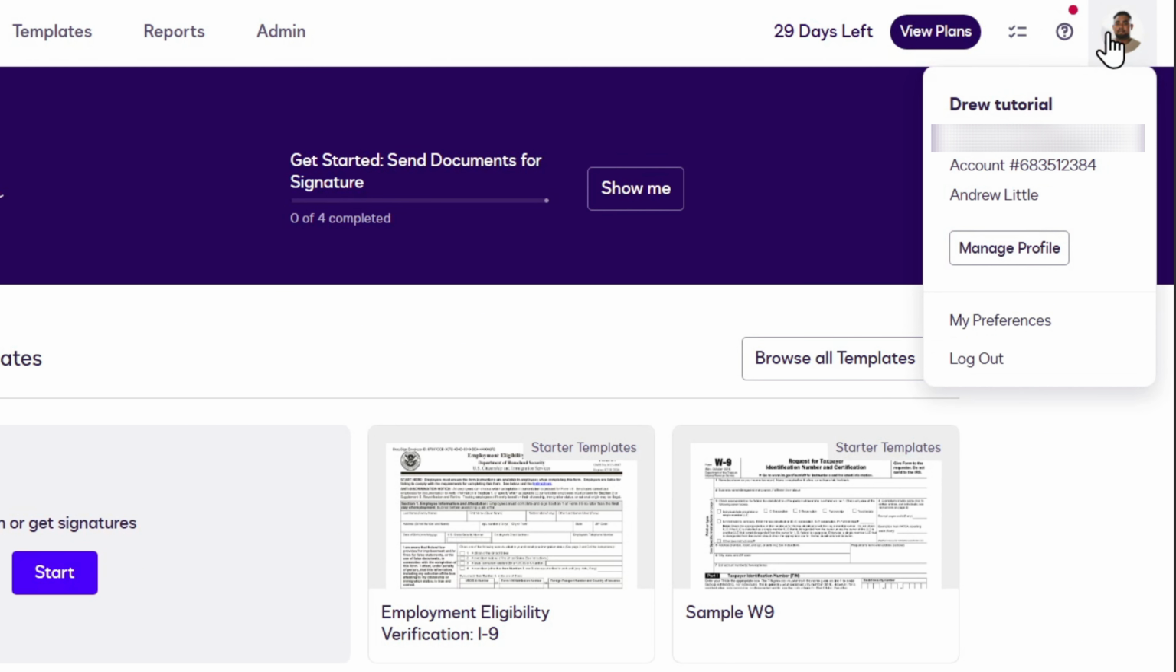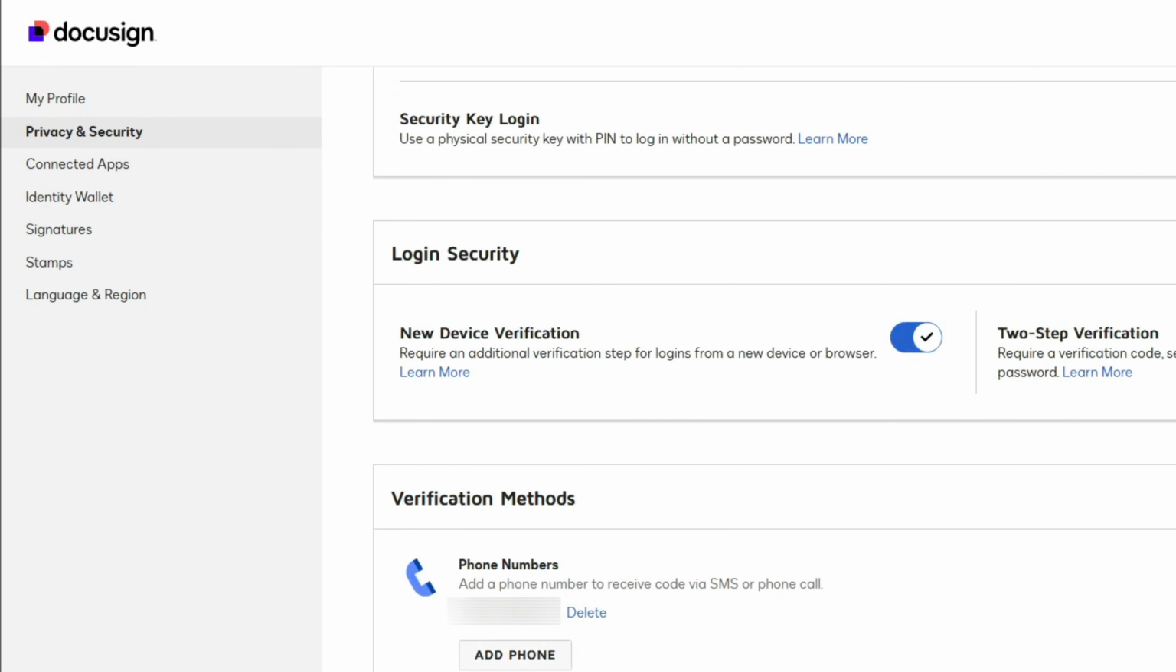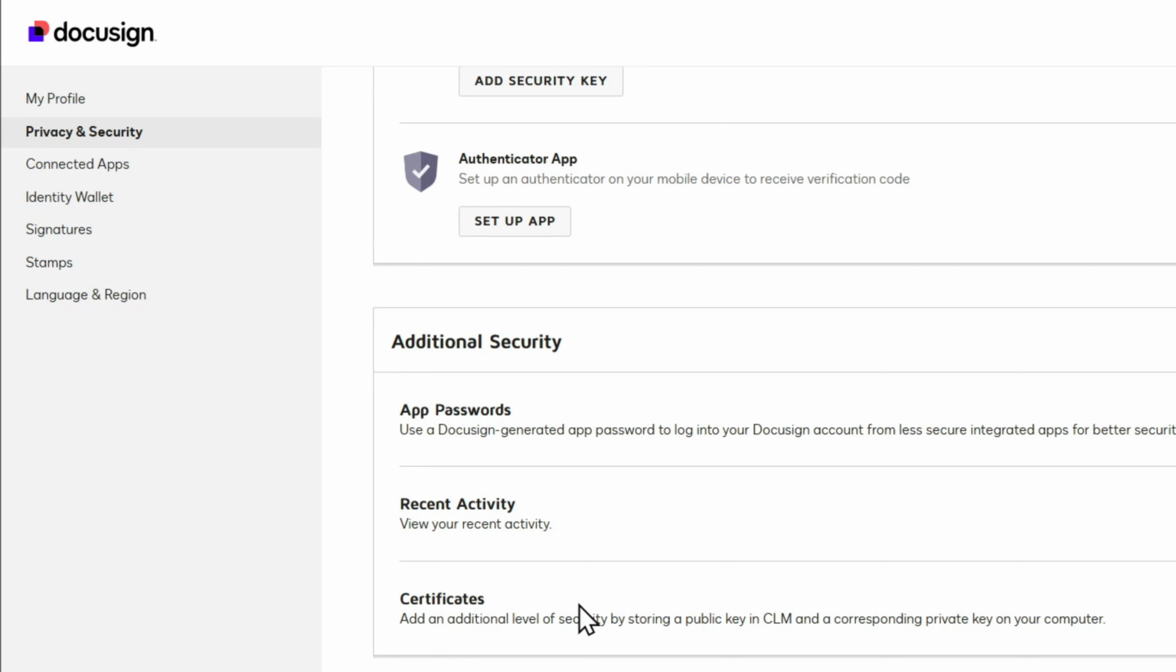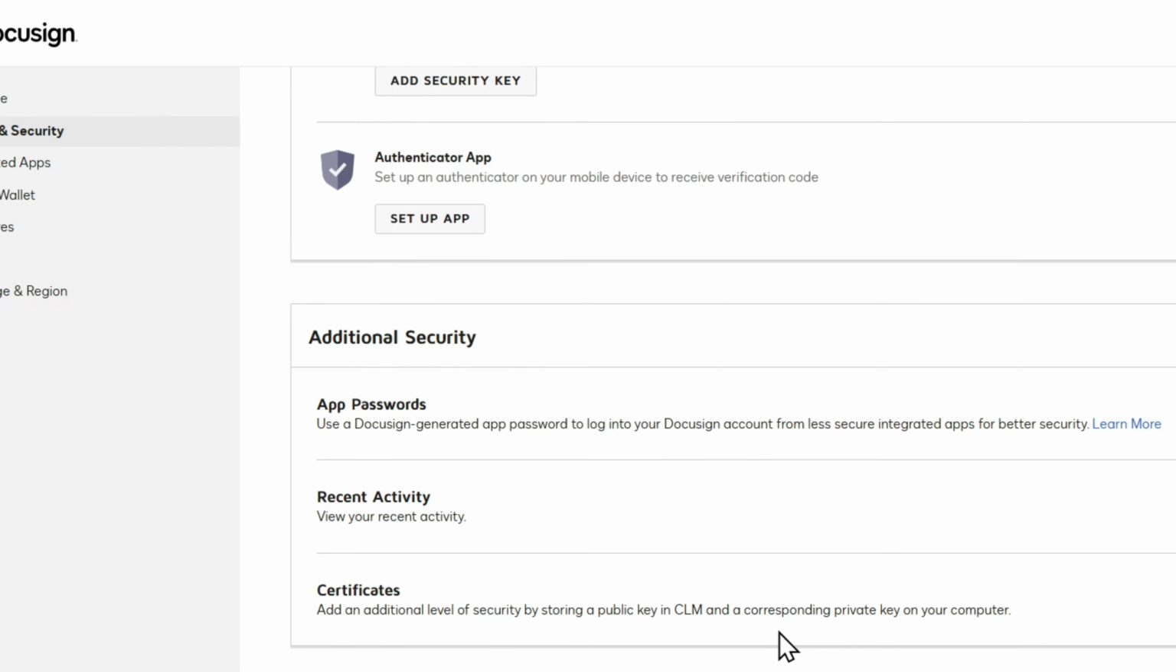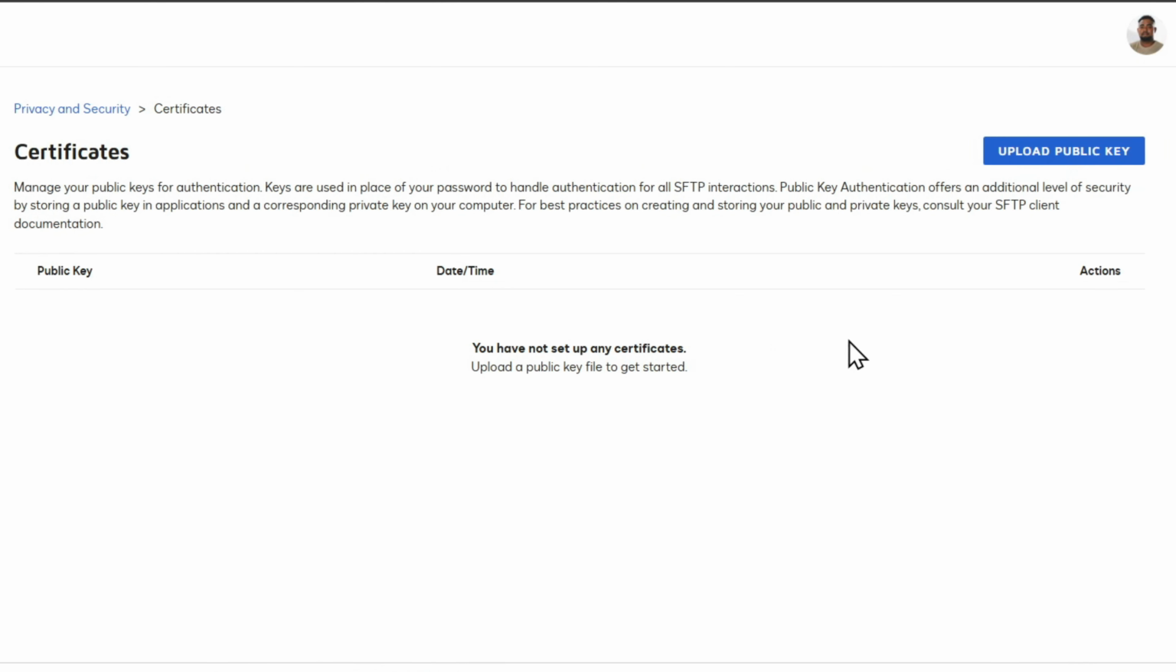Click your account on the upper right, then click on manage profile. Under the profile section on the left side here, you have privacy and security. You click on that and scroll all the way down to the bottom. There's an option for certificate. It says add an additional level of security by storing a public key in CLM and the corresponding private key on your computer. And so if you click on manage, you can quickly go ahead and upload the public key